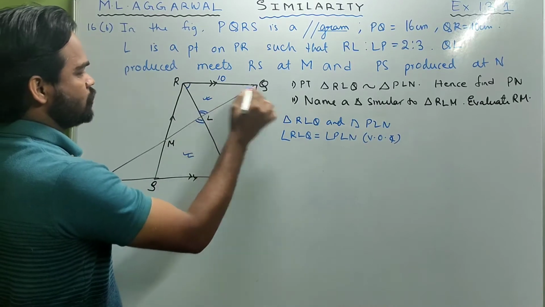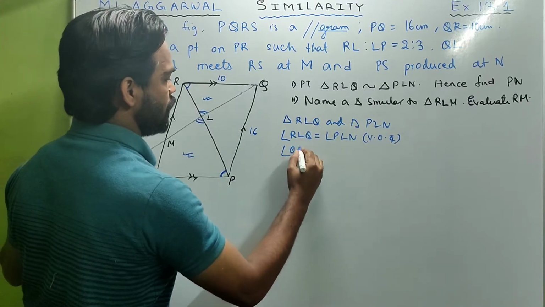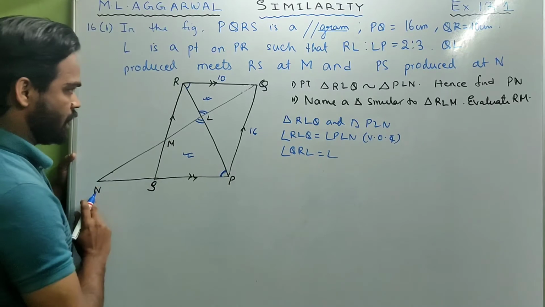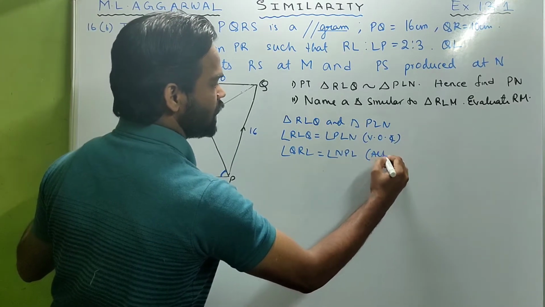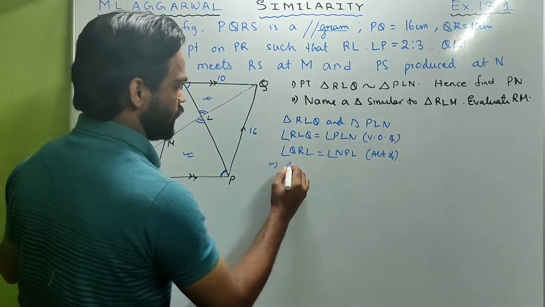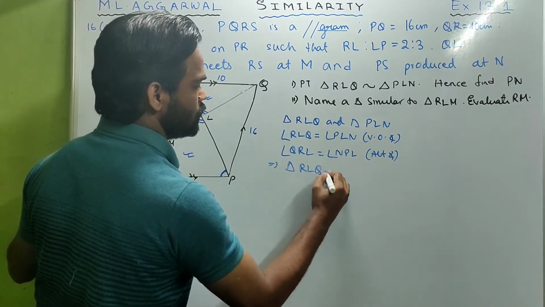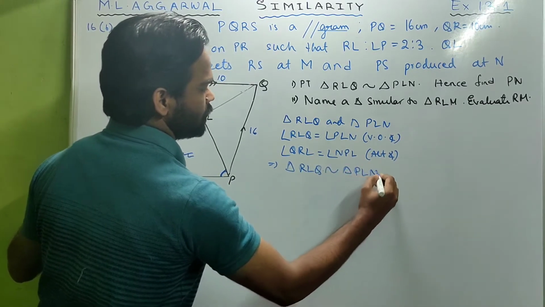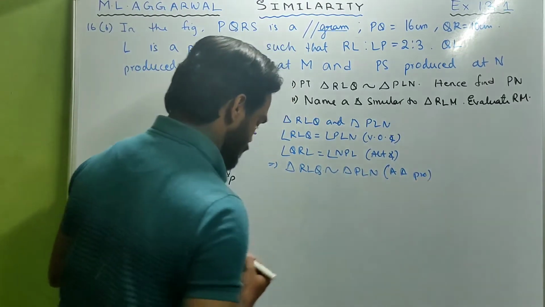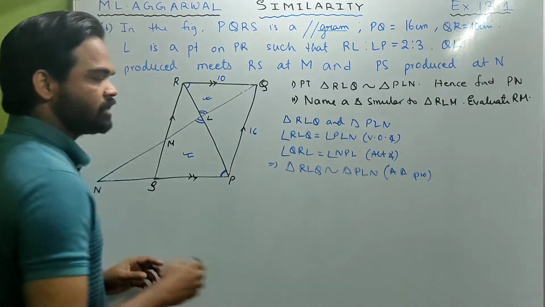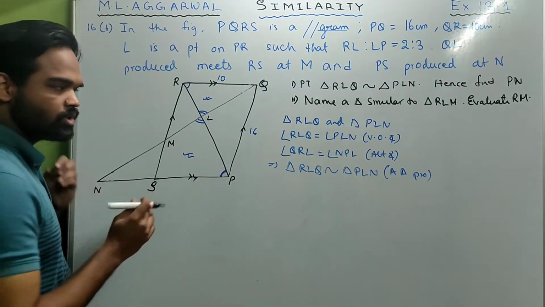Then angle QRL is equal to NPL, that's alternate angle, which means triangle RLQ is similar to triangle PLN. Angle property. Now if they are similar, we can say that the corresponding sides are proportional to each other, which